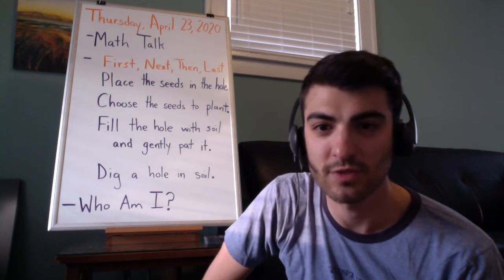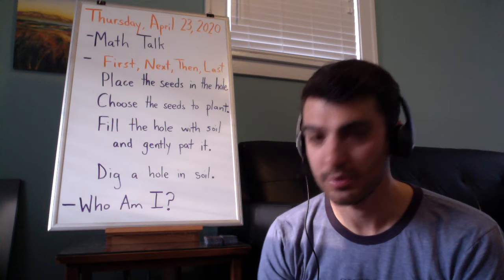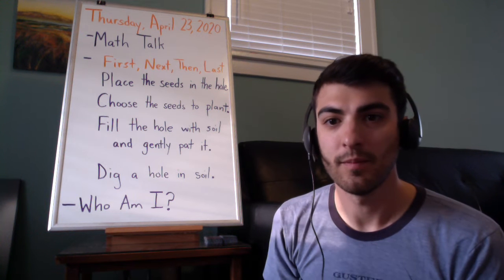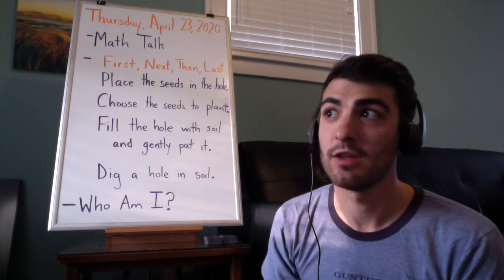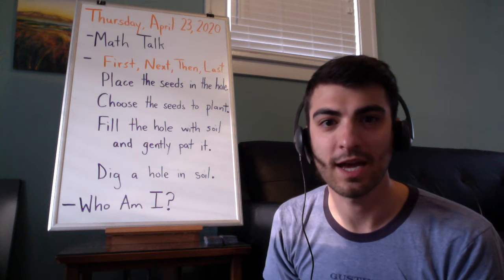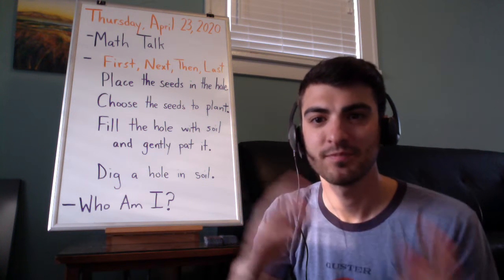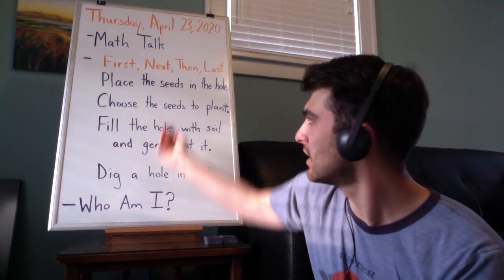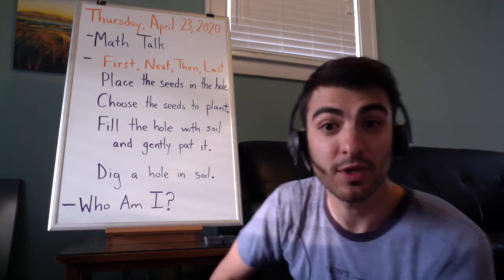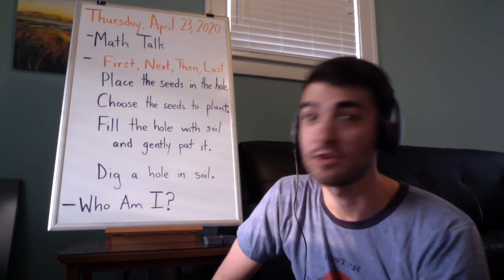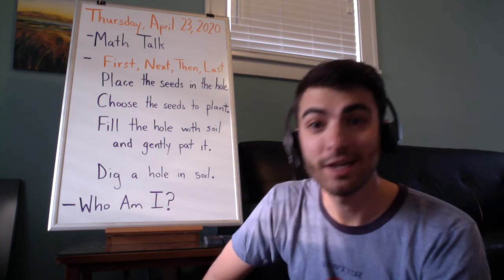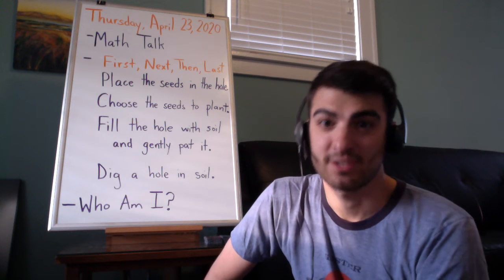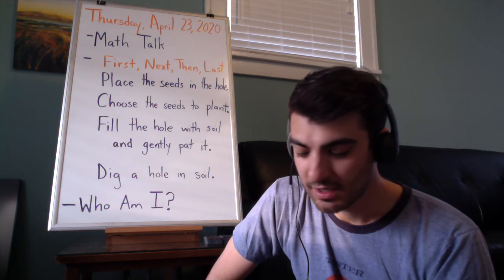Those are transition words. Remember, transition words help show the reader the order and what's coming next. It helps put things in their right place. Now, we're using them here in these 4-sentence things, but you might also use them when you're writing a research report on the rhinoceros. First, the rhinoceros